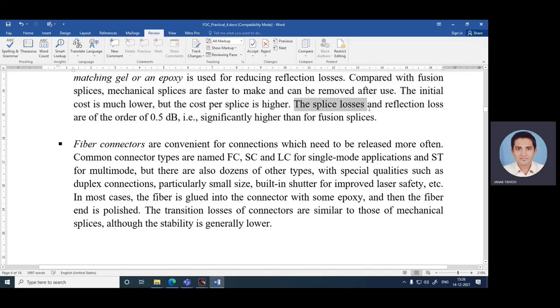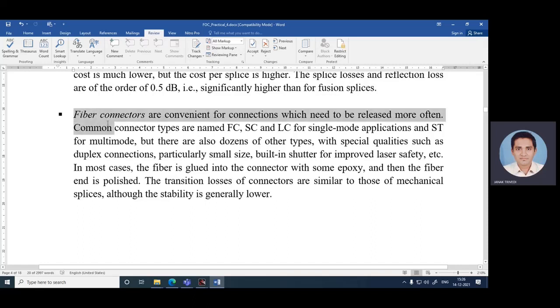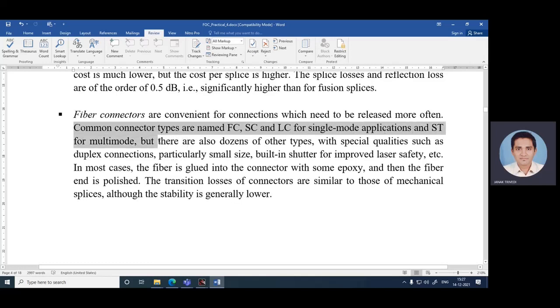The splice loss and reflection loss are of the order of 0.5 dB, that means significantly higher than for fusion splices. Fiber connectors are convenient for connections which need to be released more often. Common connector types are named FC, SC, LC for single mode application and ST for multimode, but there are also